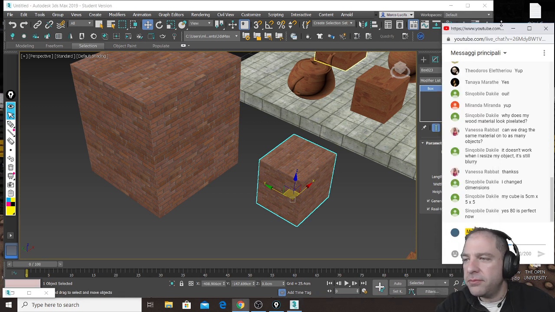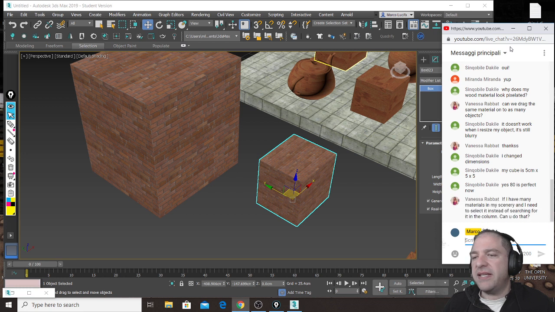Let me know, because this will be extremely important, especially when next week I will show you that you can also import three-dimensional objects from several websites, and you need to